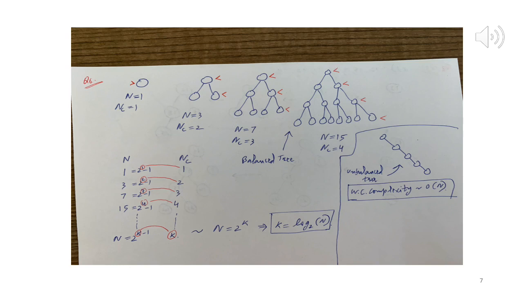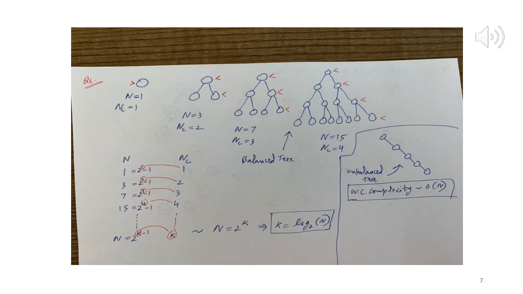So now let's try to plot it or put it in a table. Our main aim is to figure out how many comparisons we have for a tree with n nodes. So on one side we have NC: 1, 2, 3, 4. And on the left side we have n. Looking at n, we have 1, 3, 7 and 15, with corresponding NC 1, 2, 3, 4.